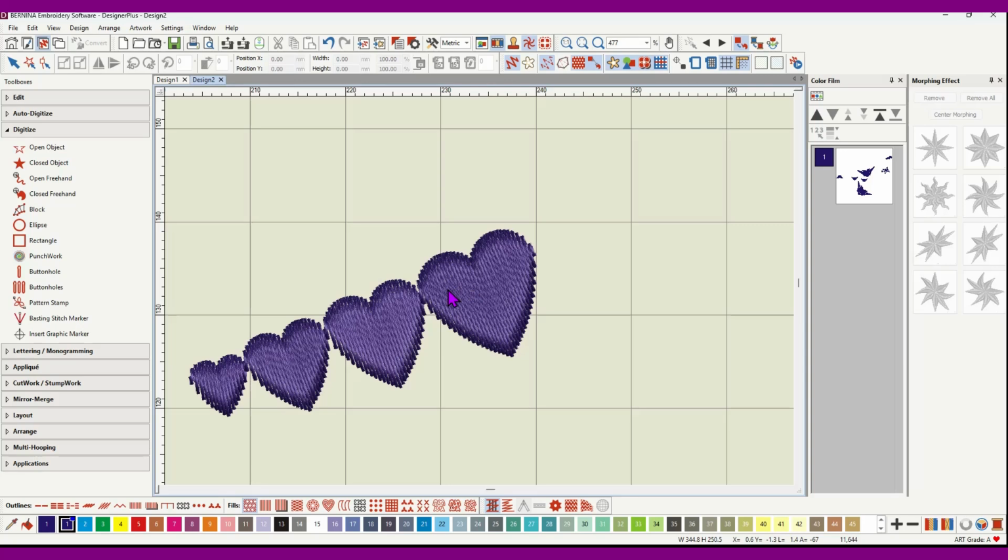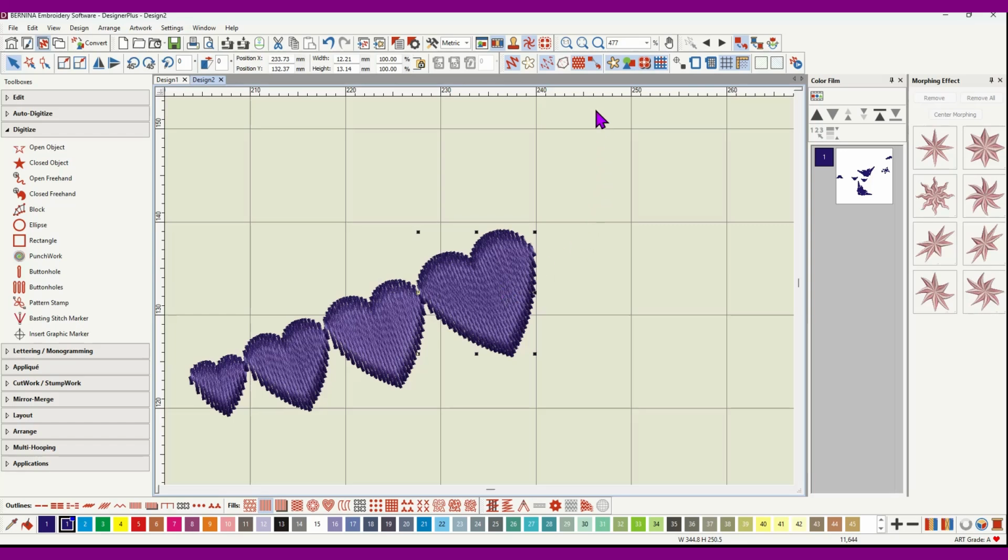Or we could do something else, which I'll show you in another video, which is using the, oh well, actually I have a video on using the carving stamp. So we could carve a shape into these satin stitches, which would add extra needle points in there. I might just do that because I do have a video on the carving stamp, and this would be an ideal use for it. Okay, so I'm going to select that last one, which is the larger one, and I'm